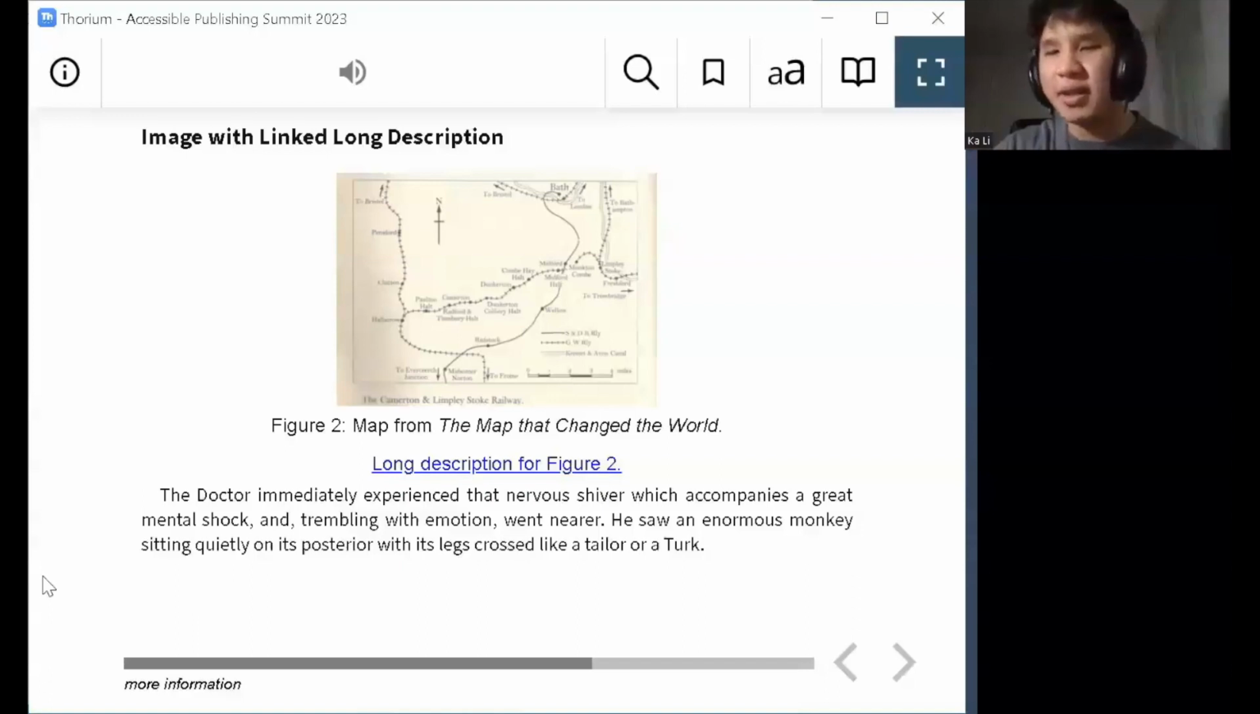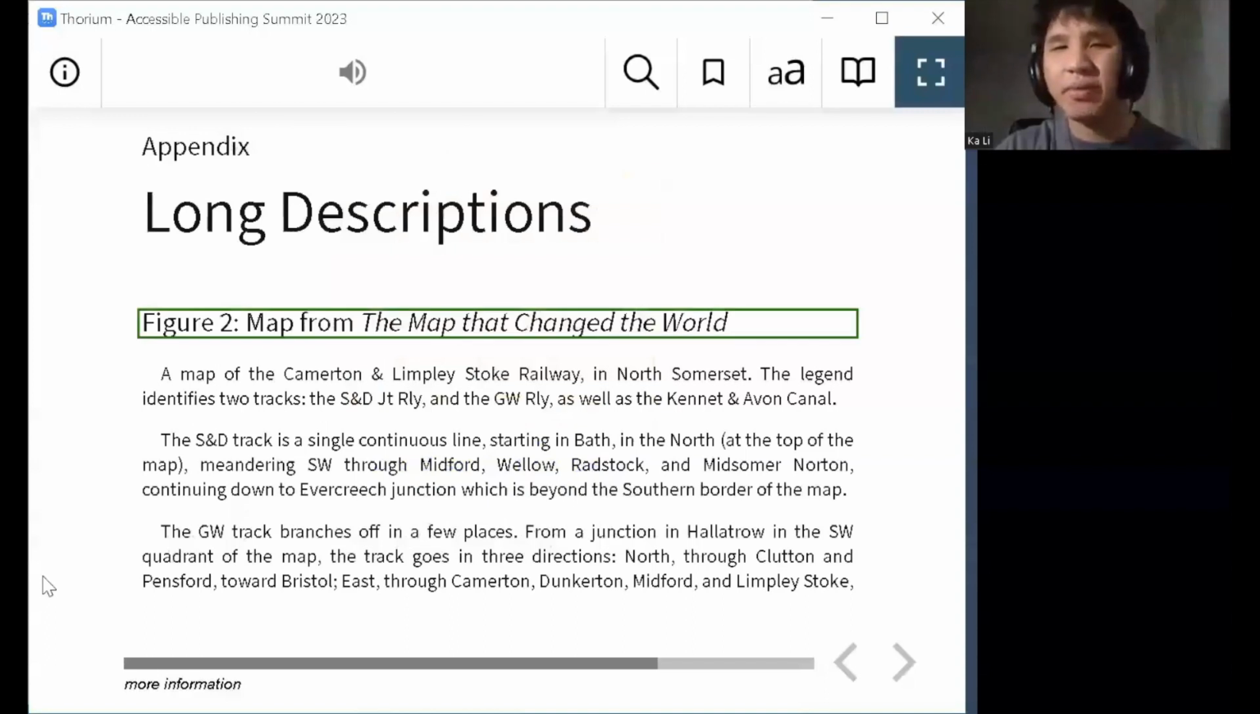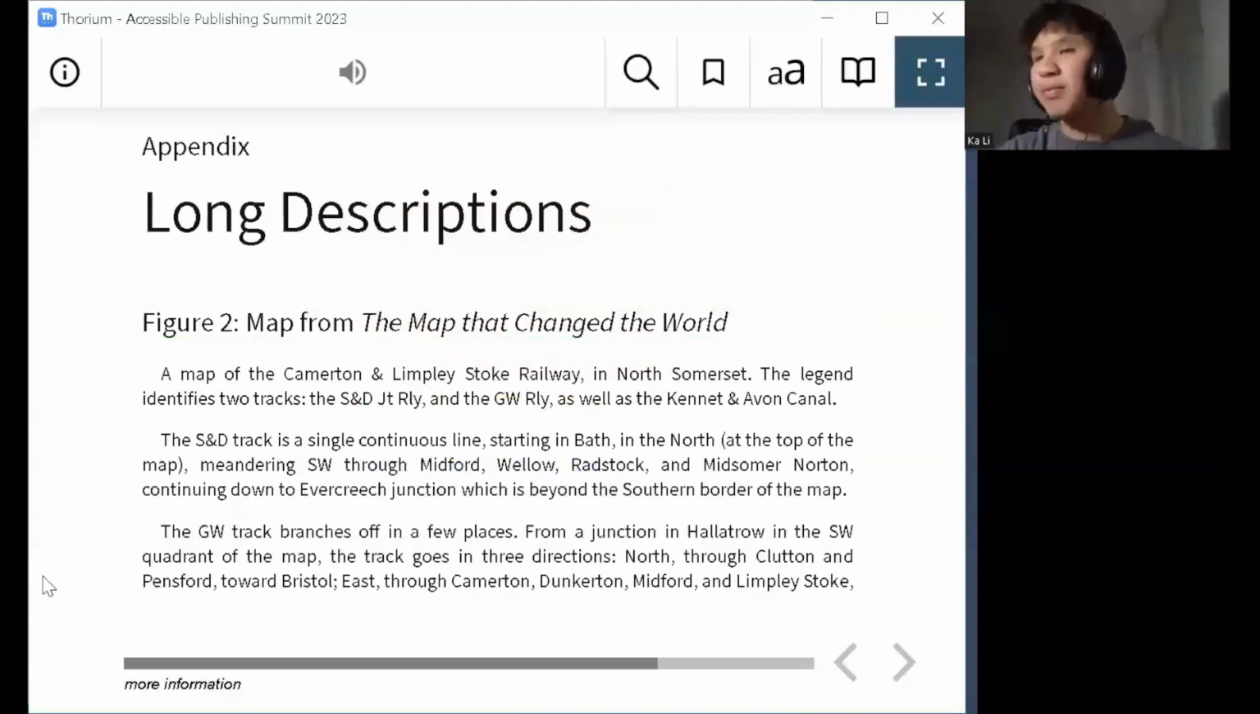Out of grouping graphic A, map of graphic to caption figure 2. Out of grouping link long description for figure 2. So let's click on the link and see what the longer description shows. Landmark, heading level 2 figure 2. Map from the map that changed the world. A map of the Camerton and Limbley Stoke Railway in North Somerset. The legend identifies 2 tracks, the S&D-JT Rly and the GW Rly, as well as the Kennet and Avon Canal. The S&D track is a single link. Return to figure. After the long description, we have a return to figure link that takes us to where we